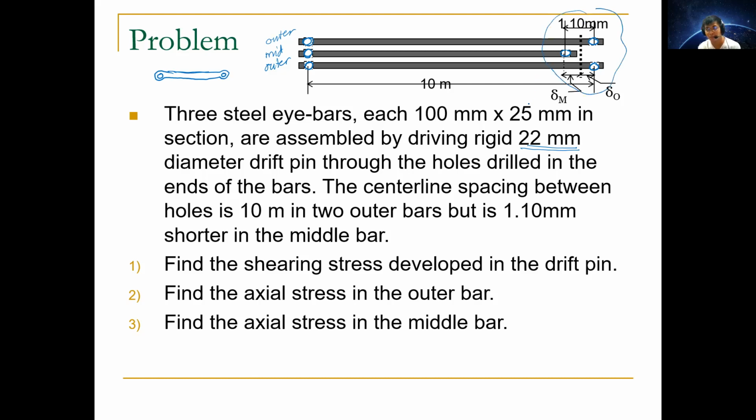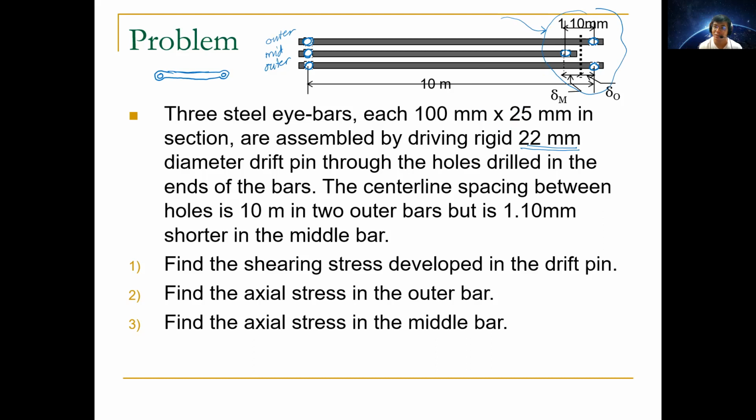Again, 1.1 millimeter is about 1 mm. If you look at it on your ruler or any measuring device, it is tiny. So we just exaggerate the drawing to show there is a small movement. Of course, upon driving the pin,